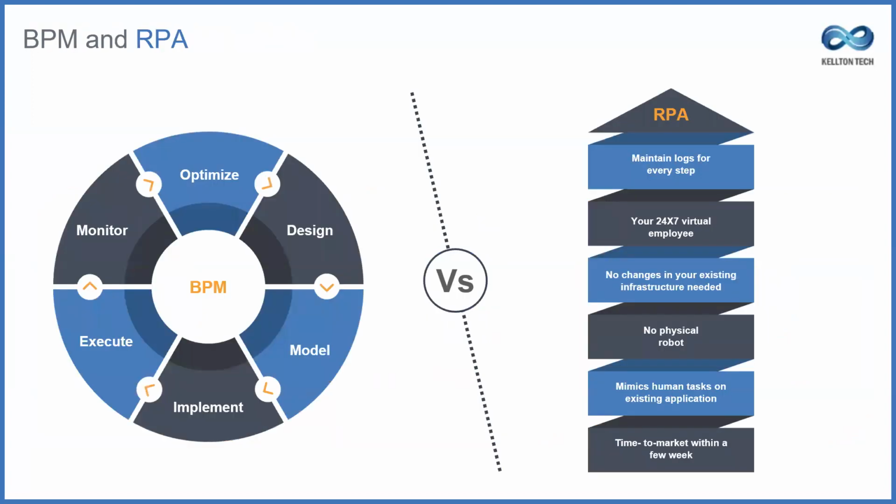BPM and RPA. BPM, or BPA, I would say business process automation, aims to automate an enterprise process using technology. The main goal is to optimize process execution, saving time and cost. The injection of technology in workflow helps to fulfill work better, boosting the effectiveness of enterprises. While both RPA and BPM are distinct in their own ways, they also complement each other and can help implement